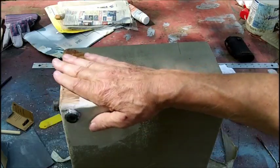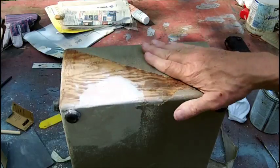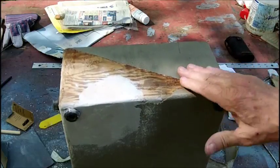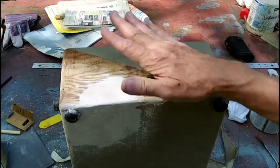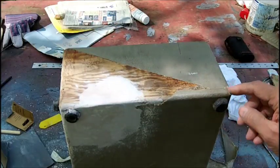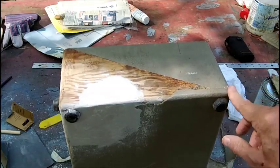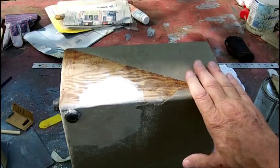So we're going to let that set up, although it's drying pretty good now. Just make sure nothing comes up on it. And we'll go over the whole cabinet, and any edges that are up in the air, we'll get a little glue, let that dry,